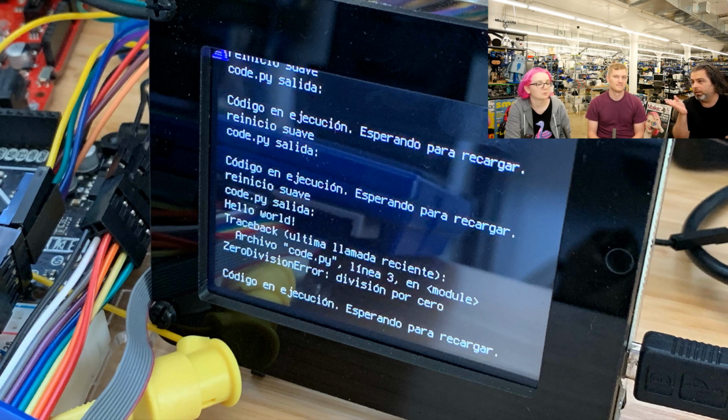But the other part of this is almost one of the more magical things. Oh my gosh, seeing error messages on a screen when you're doing IoT stuff or anything. So you added terminal. Yep, that's this right here. And this is new. This was something that MicroPython doesn't have. And this is built into the core with Display I/O.